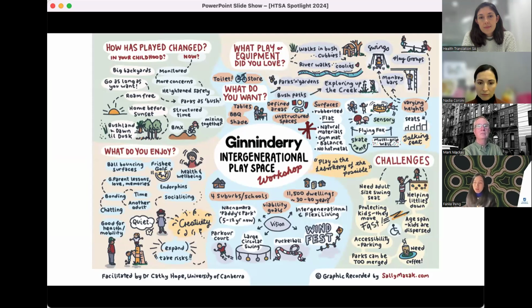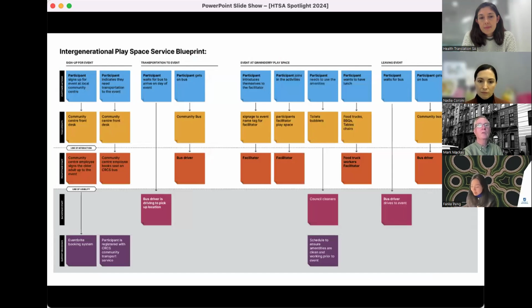Based on all the co-design workshops we did with our local participants, we managed to not just build the physical space, but also create the service based on all this feedback. So before, I think Mark, you mentioned various mind mapping. As a designer, we love to visualize the process. We love our mapping. There are so many other maps as well, including the systemic map. And also on the slide, I have these service blueprints.